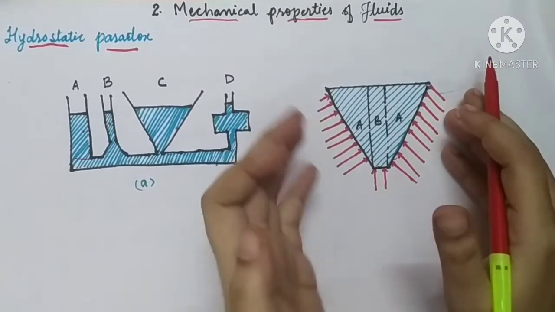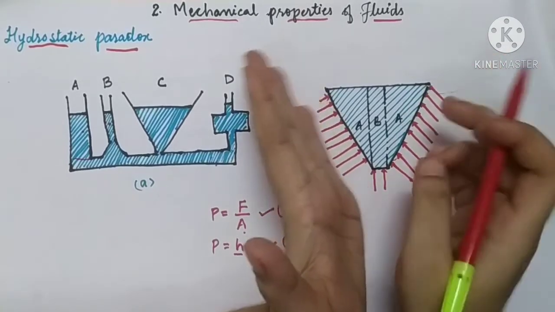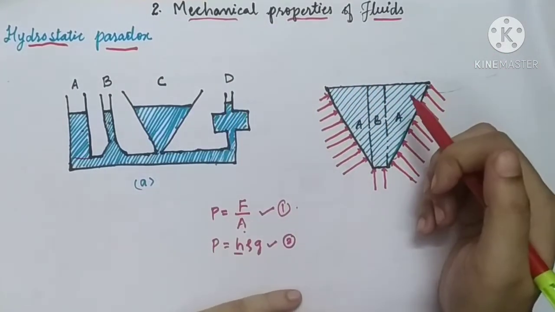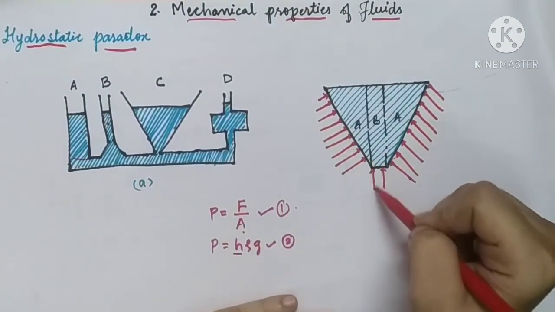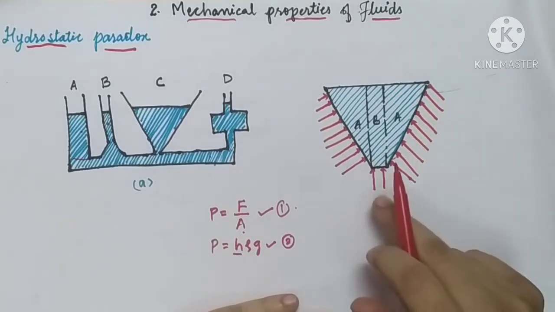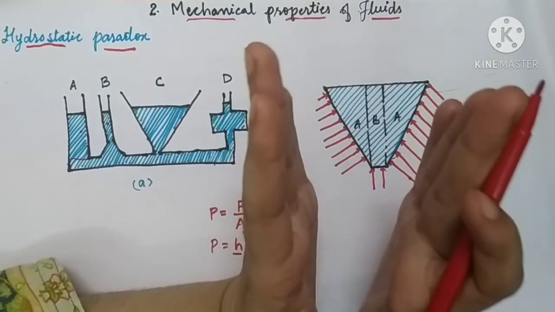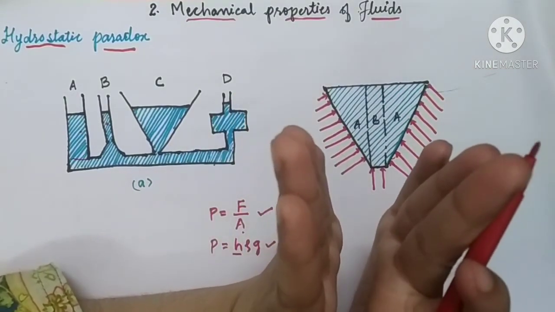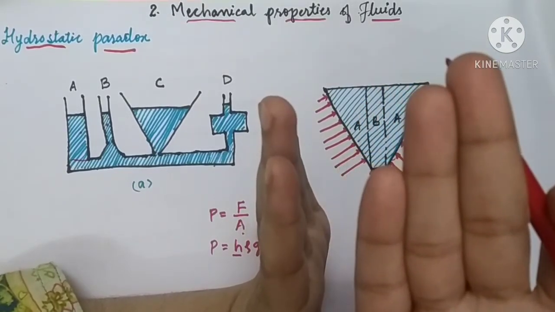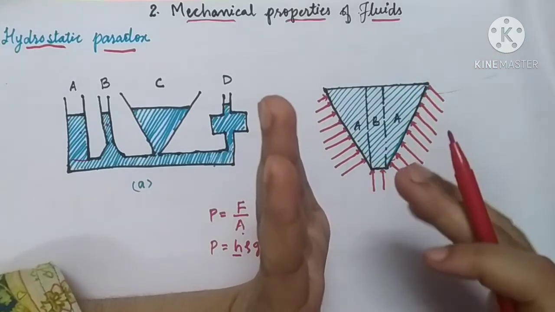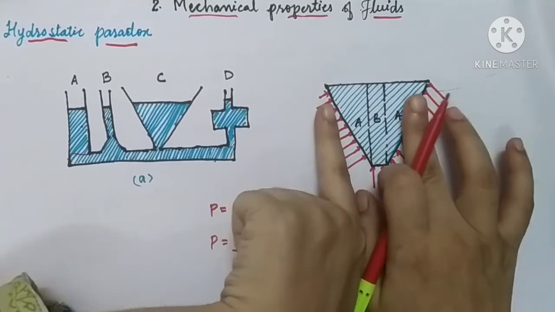So what we will do over here, let us apply the forces which are perpendicular to the wall of this container. What will happen when you apply the forces which are perpendicular to the wall? See, each and every force is perpendicular to the wall of this container. Whenever you take a plastic glass, fill it with water and press its wall, you will see there will be a rise in the liquid level. What is the reason behind it? Why is there a rise in the liquid level when you press the wall of a container?